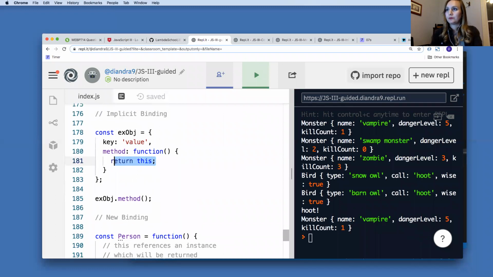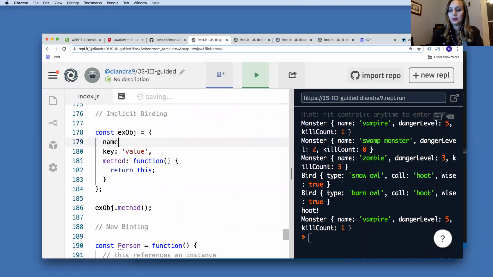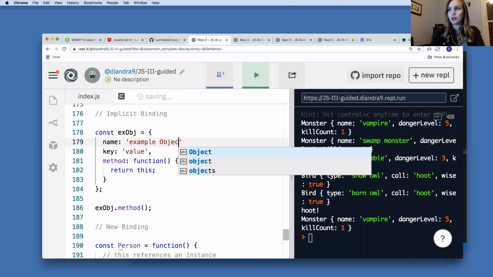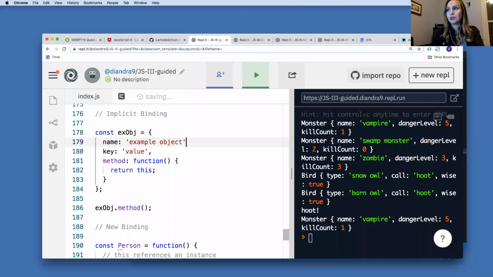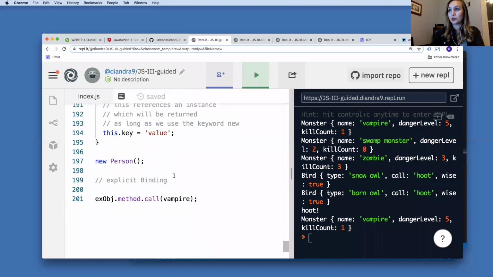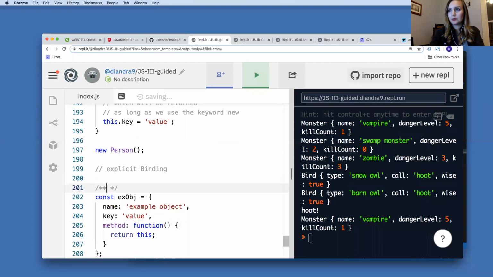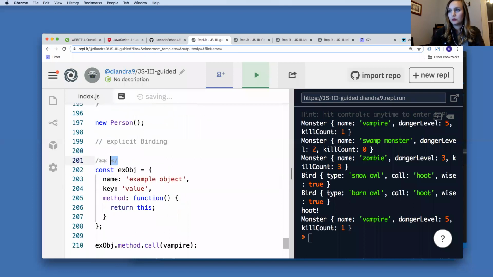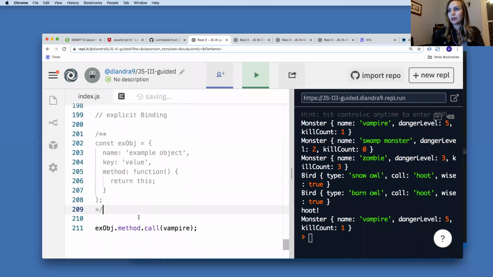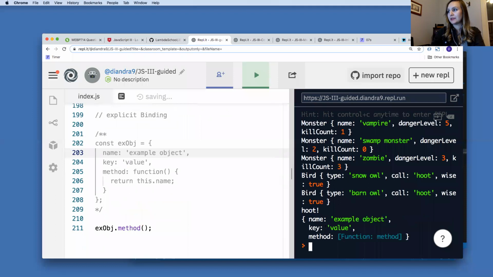So let's do this. Name equals example object. Let me show you what's going on here. And I'm even going to copy this down here so we can see it. Okay, so we created this example object, and normally what would happen is if we called the method, let's do return this dot name. So if we call our method, it gives us,